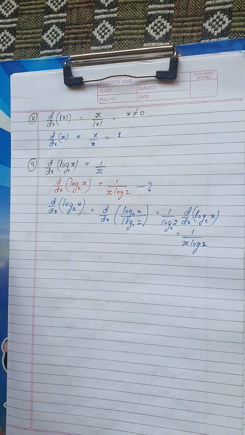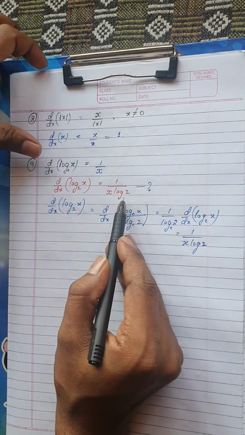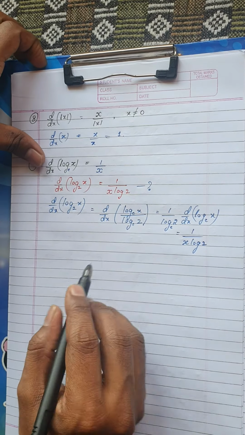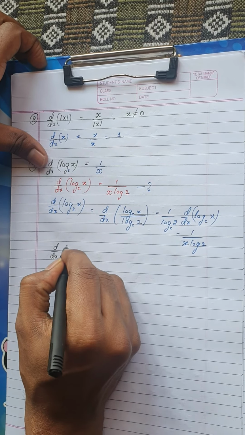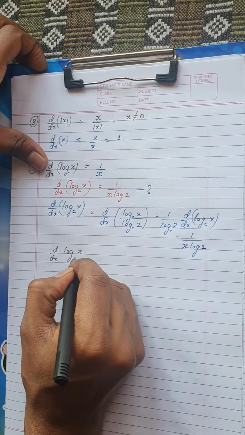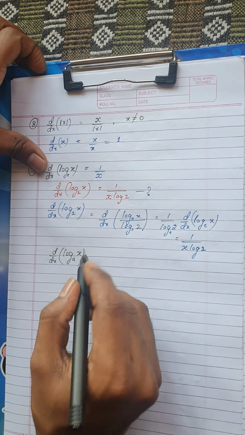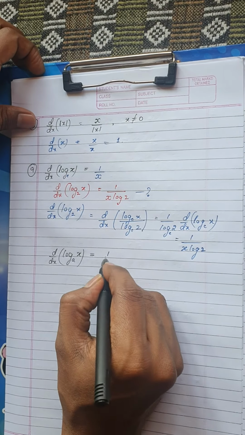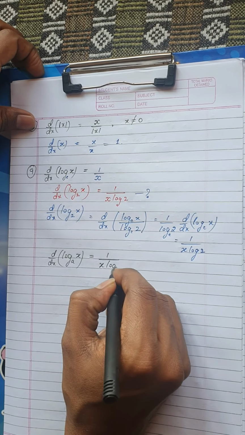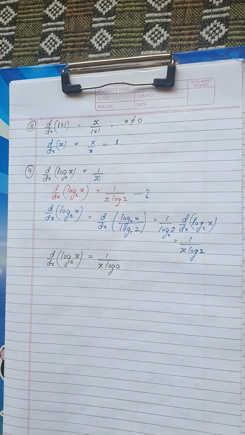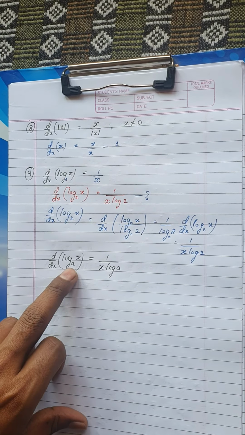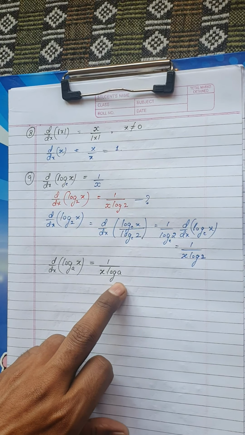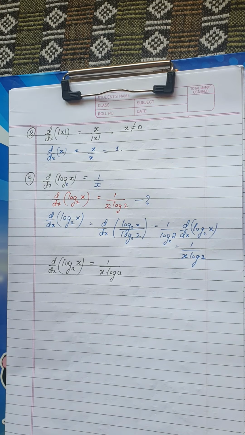If we have some other constant, we divide the term by log of that constant. That is, finally I am going to write it this way. The derivative of log x to the base a, if I have some other base, is 1 divided by x into log a. Don't forget, if it is e, you don't have a log term. If it is some other base, then it will be multiplied by log of that base.